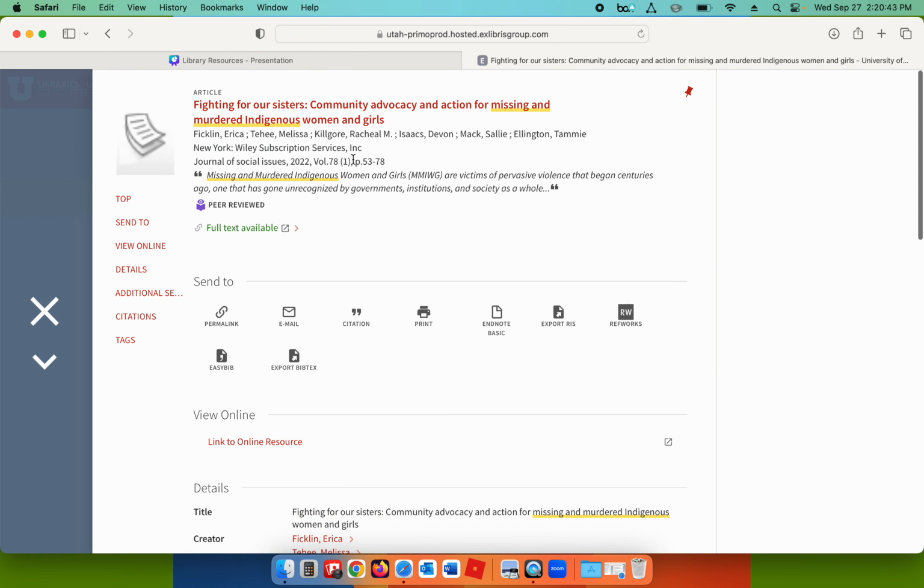So I'm going to pull this citation information apart from this record that we've got here. So this first title in red is the title of the article. Below that, you've got authors' names right here. And it looks like this is the place where the article was published. However, because we are going to be